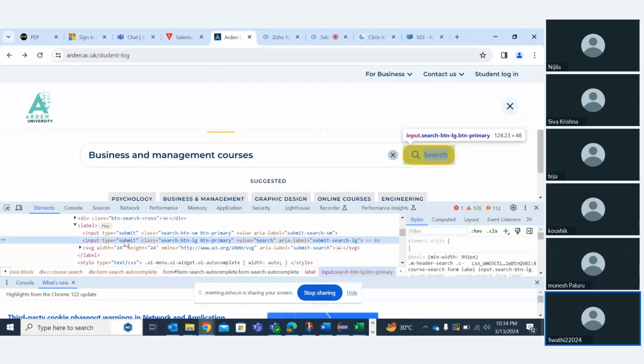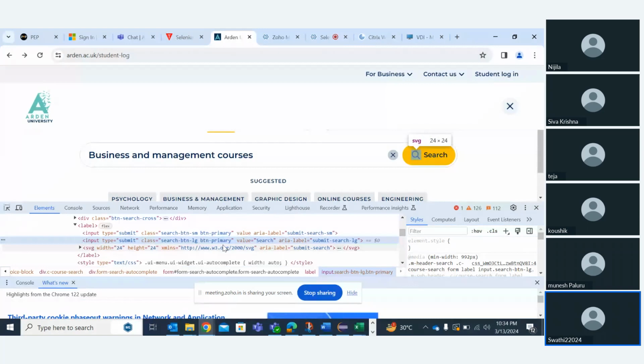Okay. So type equal to submit, this makes sense to me, but just above it, there is one more input with type equal to submit, correct? Just above our current value in the DOM structure, there is one more input tag with type equal to submit. So obviously we need to provide the index value. So I don't want to go with the type. Same with class also, because above there is also one more input tag with class as search